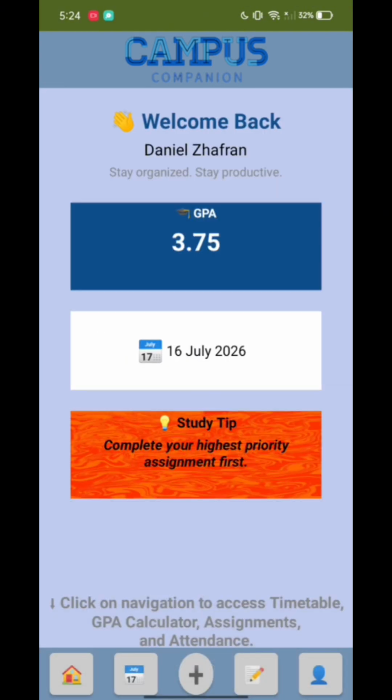Okay, so this is the dashboard or the home page of the Campus Companion app. So here we have a pointer card and the date card, and also there's a code here. It will be a randomized code that differs with each user. There's nothing much on our dashboard, because our main function is not on the dashboard but on the